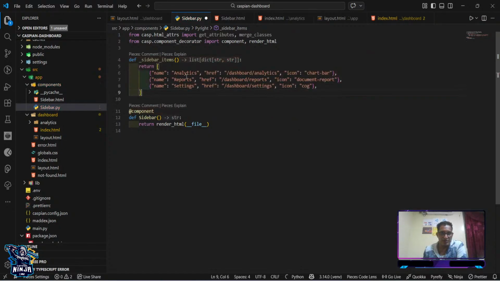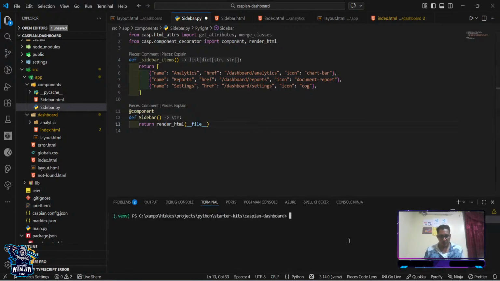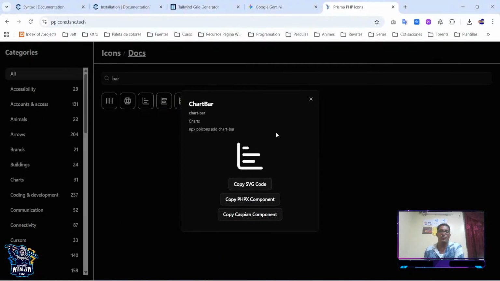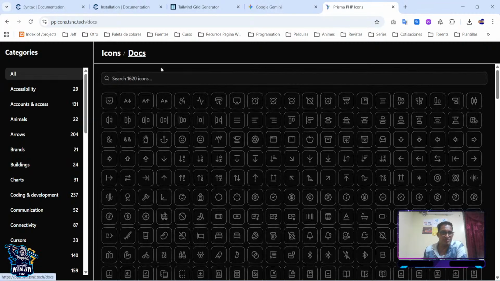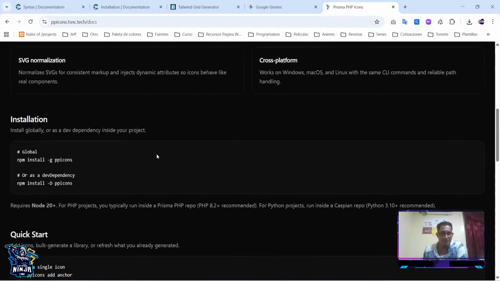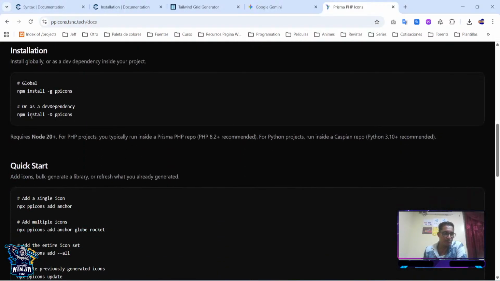So as you can see, I'm already getting the same idea because, let's say you already know what you want to do. But now the problem is that we don't need the name of the icons. We need the icon itself. So for that, what we're going to do is install the icons in our project. You can come to the documentation and